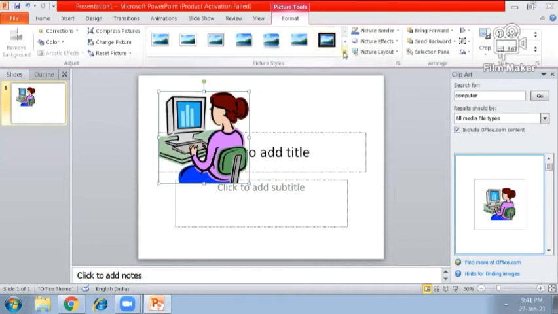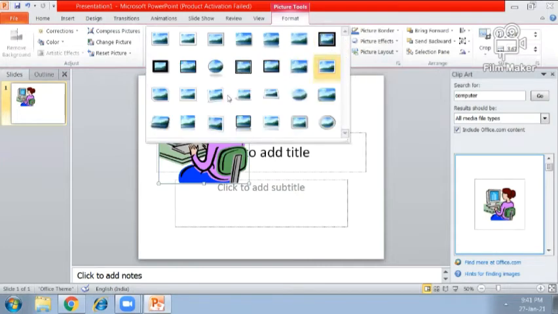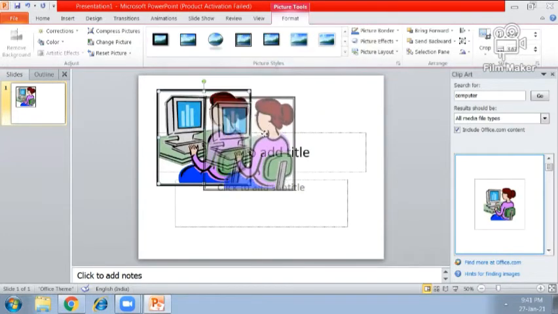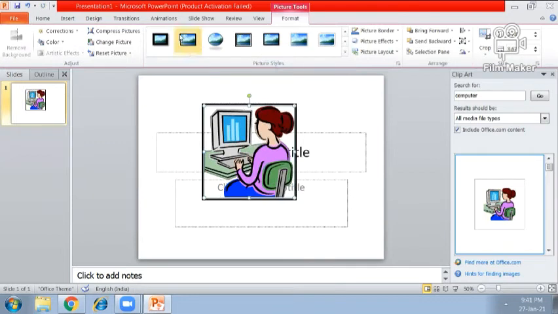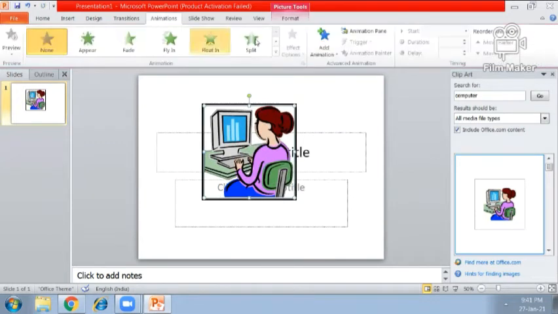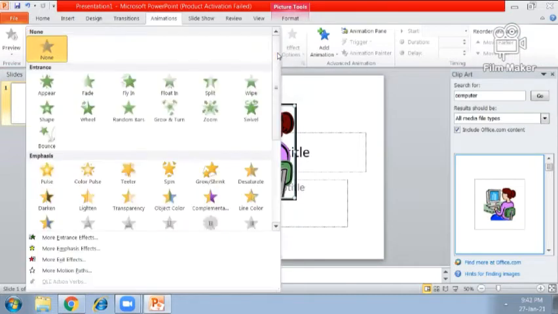And these are the borders. These borders we can apply on our clip art. Okay, all these things we have done in our previous class, and I told you how you can insert the animation in your selected picture.